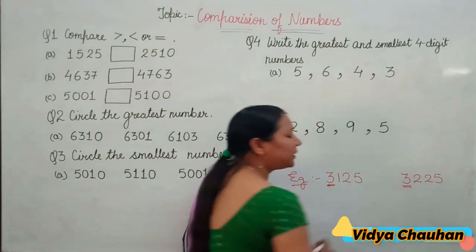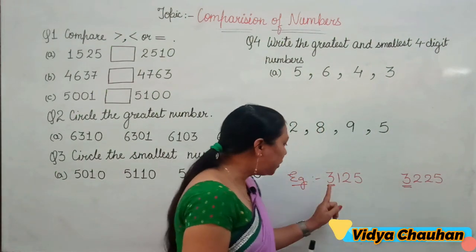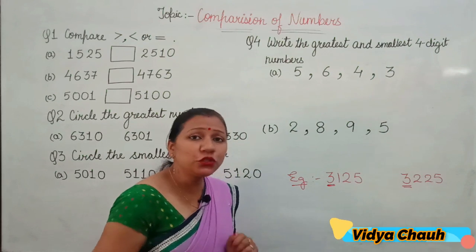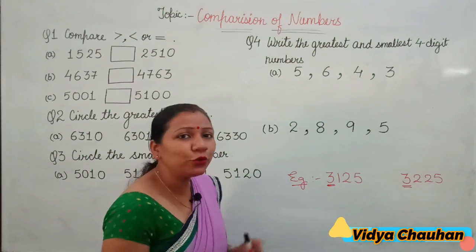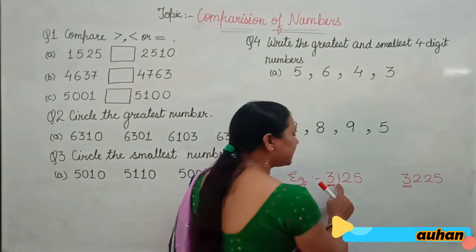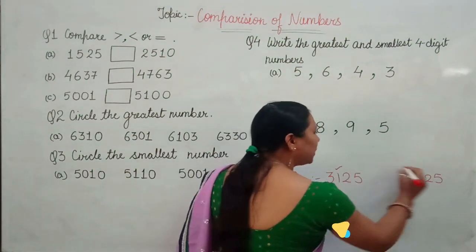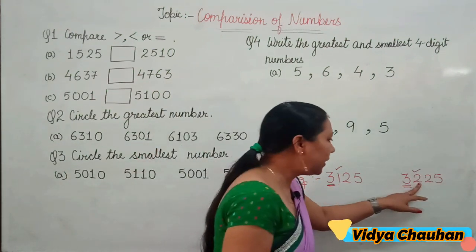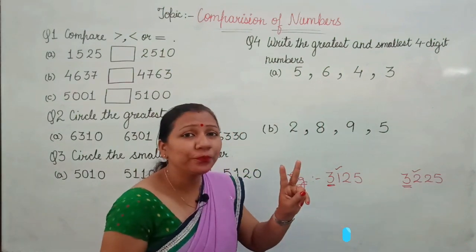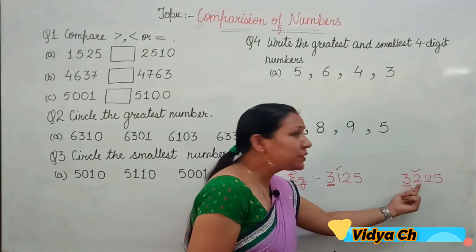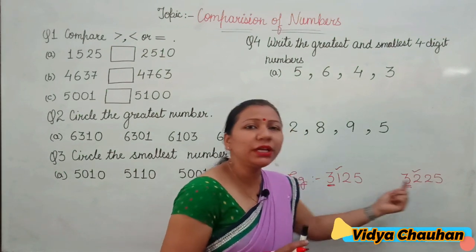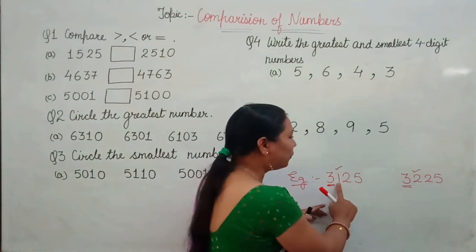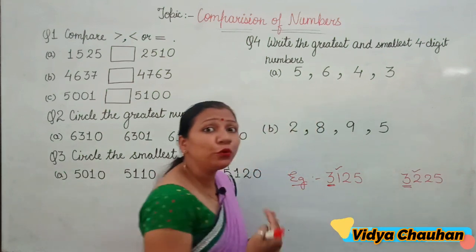So if I compare the digit at thousand place in both these numbers, you can see both are equal. 3 and 3, they both are equal. So if these two digits are equal, then what you have to do? You have to move to the next place digit. That means the digit at 100 place. What is the digit at 100 place here? In the first number, the digit at 100 place is 1, and in the second number, the digit at 100 place is 2. Right? So here the values are not equal, but 2 is greater than 1. It means at this place when we are seeing that 1 is less than 2, it means 2 is greater.